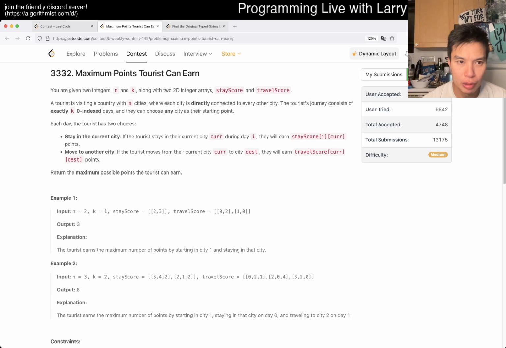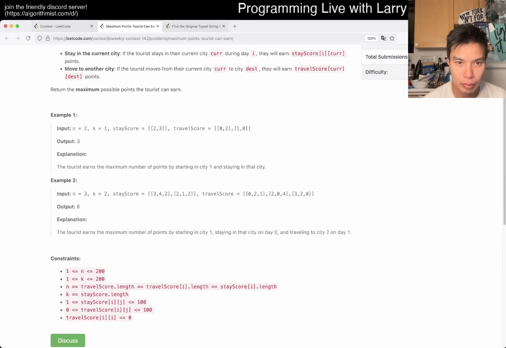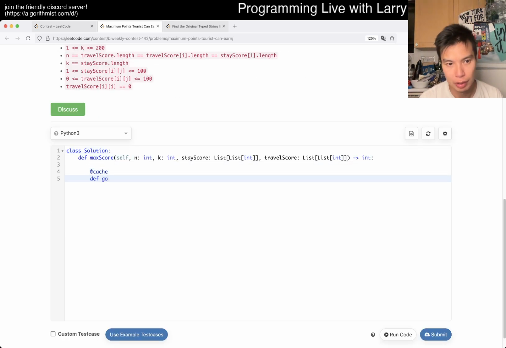The tourist has k days. Each day they can stay or they can move, and they can choose any city. I mean, this seems pretty straightforward. Okay, so the stay score, and then the current destination has a point thing.